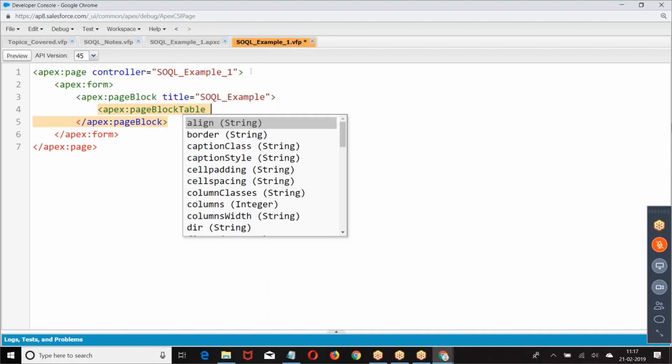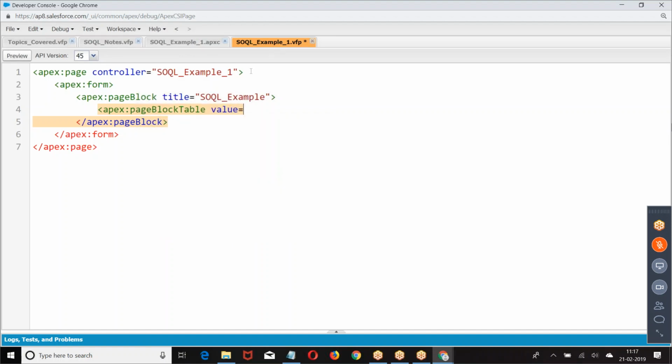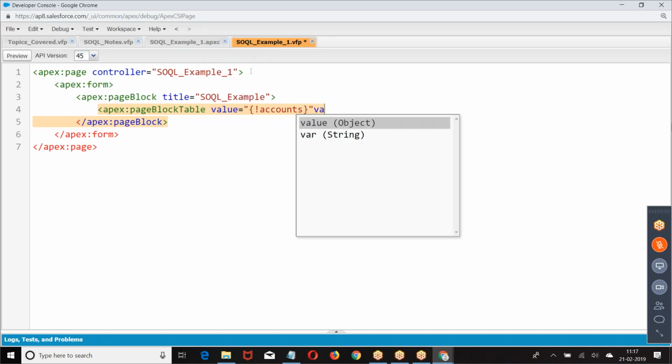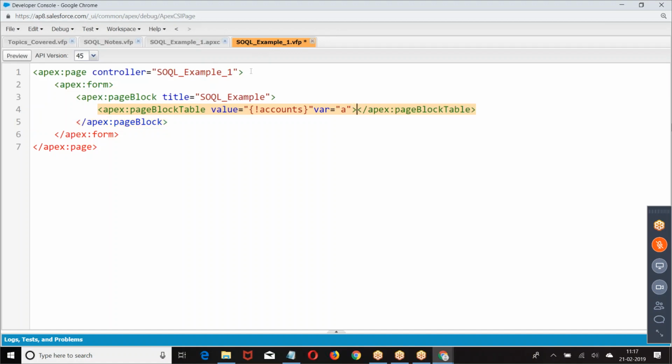Apex page block table value equal to list of accounts. Value equal to accounts, var equal to.